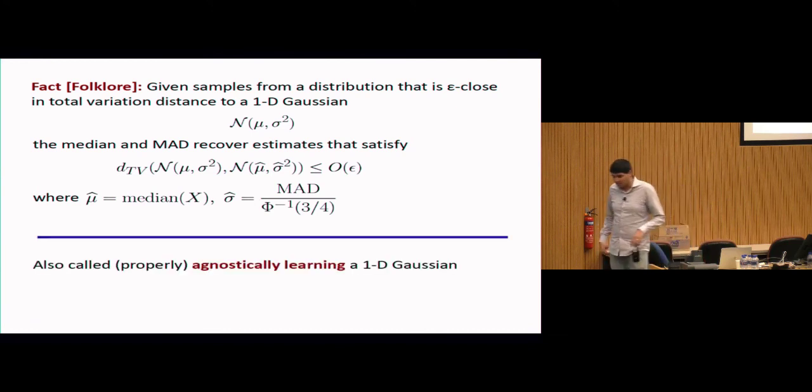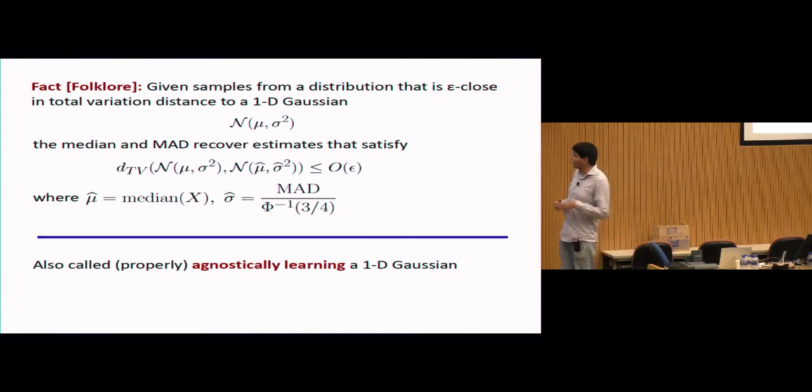Now, just to connect this with a bit more of my home community, within theoretical computer science, we would call this problem proper agnostic learning. So it's agnostic because now you're being agnostic to this belief about the distribution actually being a 1D Gaussian. You just want the fact that if it really is close to a 1D Gaussian, that you also find something that's very close. And it's proper because you're required to output something that lives in your original family. It needs to be a Gaussian itself.